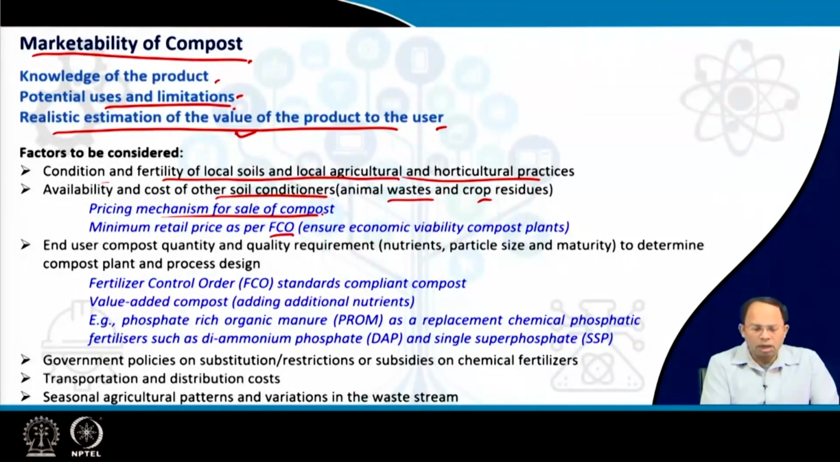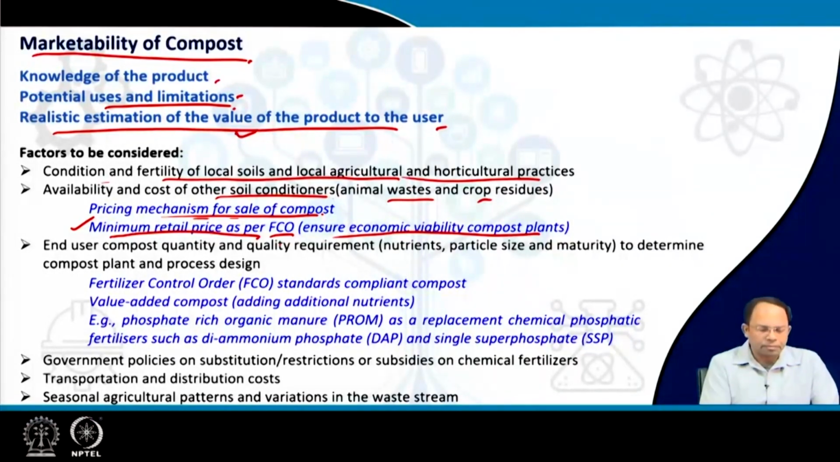and the FCO, this Fertilizer Control Order from the Department of Fertilizers, has set a minimum retail price of compost, which ensures the economic viability of the compost plants. Because at the end of the day the compost plant will produce compost, and it has to sell it at a certain price to keep its operation going. It cannot keep on operating at a loss. So this minimum price guarantee is there, but at the same time, if it is too high for people to buy, then nobody will buy it. So in that case, some pricing mechanism for the sale of compost, some subsidy, co-branding, co-marketing, all these issues